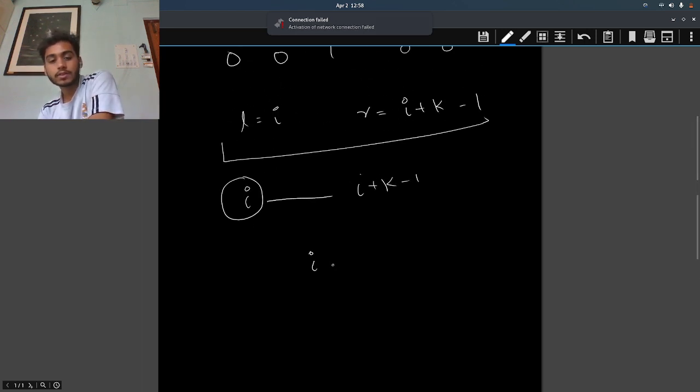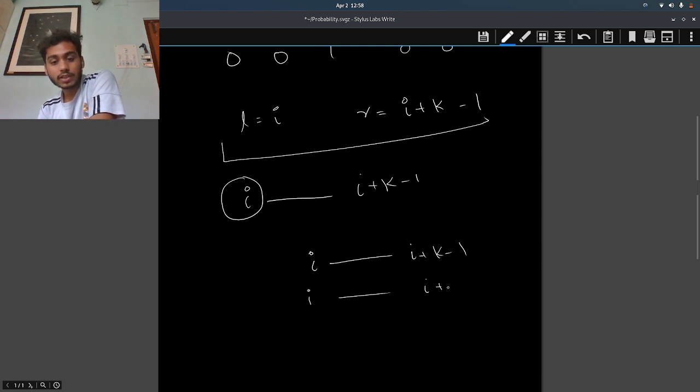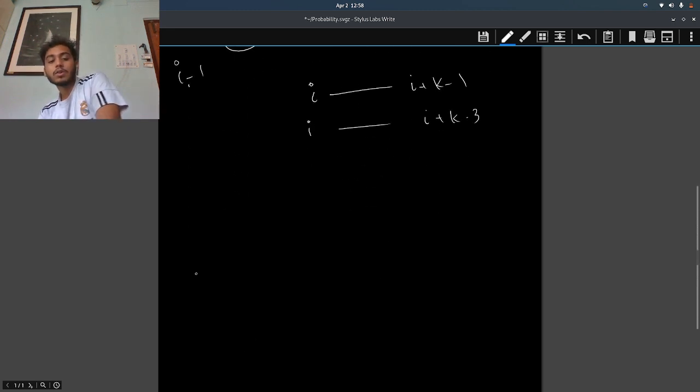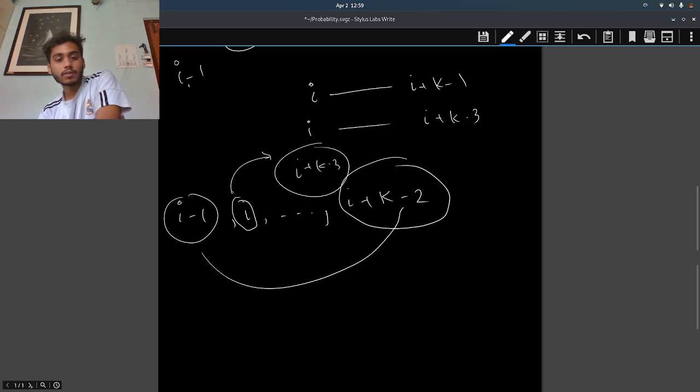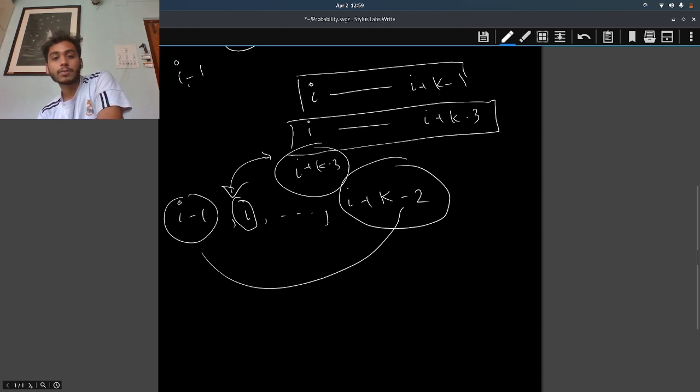I is connected with either I plus k minus 1, okay, or I is connected with I plus k minus 3. How? Let's say I minus 1, our array starts from I minus 1, so till what it will go from I minus 1, k elements basically will be I plus k minus 2. Okay, if you count this will be k elements, so I minus 1 will be connected with I plus k minus 2 and I will be connected with I plus k minus 3, right? So I is connected with I plus k minus 3, I is connected with I plus k minus 1,